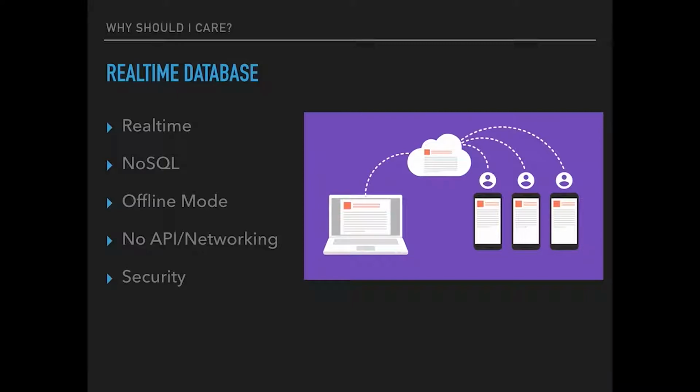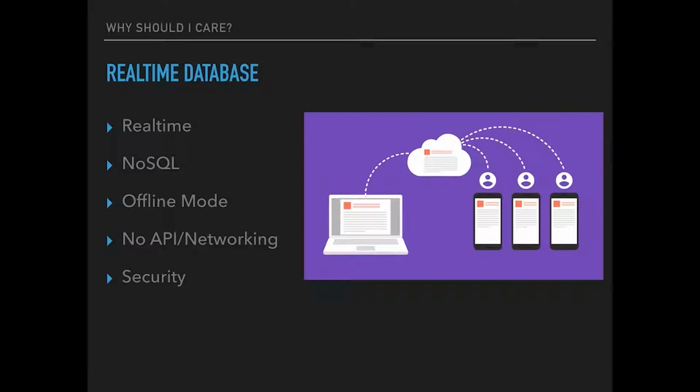Next, offline mode. This is actually pretty neat with very little work on your own part, actually no work I should say. You get offline mode support, and we'll demo that, but essentially if you're using the Firebase SDK and you're persisting data and there's no connection, it's going to save those for you on the device, and when it does have a connection, it'll automatically sync those to the cloud for you. So I'll demo that tonight, and literally there's no code to actually get that to work.